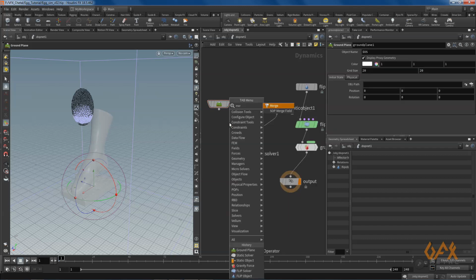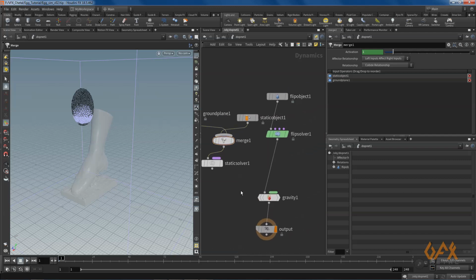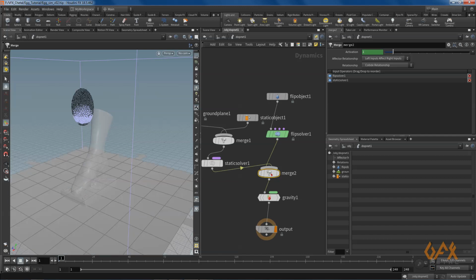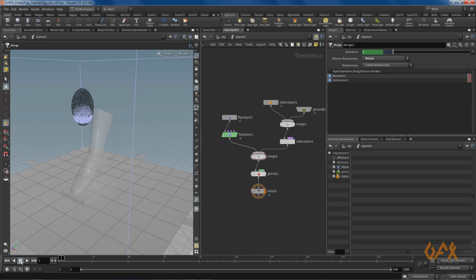I need to create one merge node over here. I set it like this. Even over here we need to merge this thing, so I create one more merge node like this. Just press L to lay out, yes, so it looks like this.